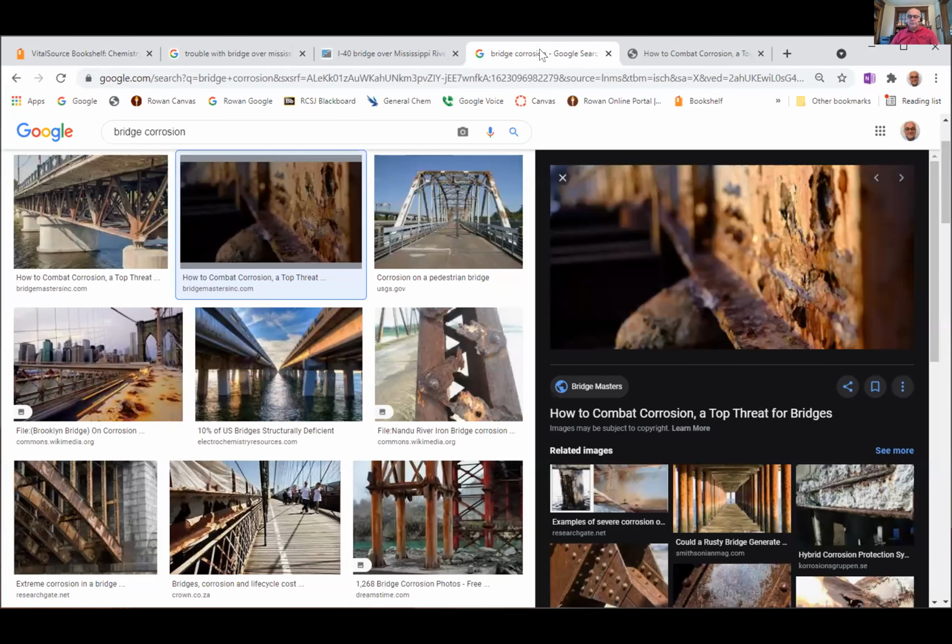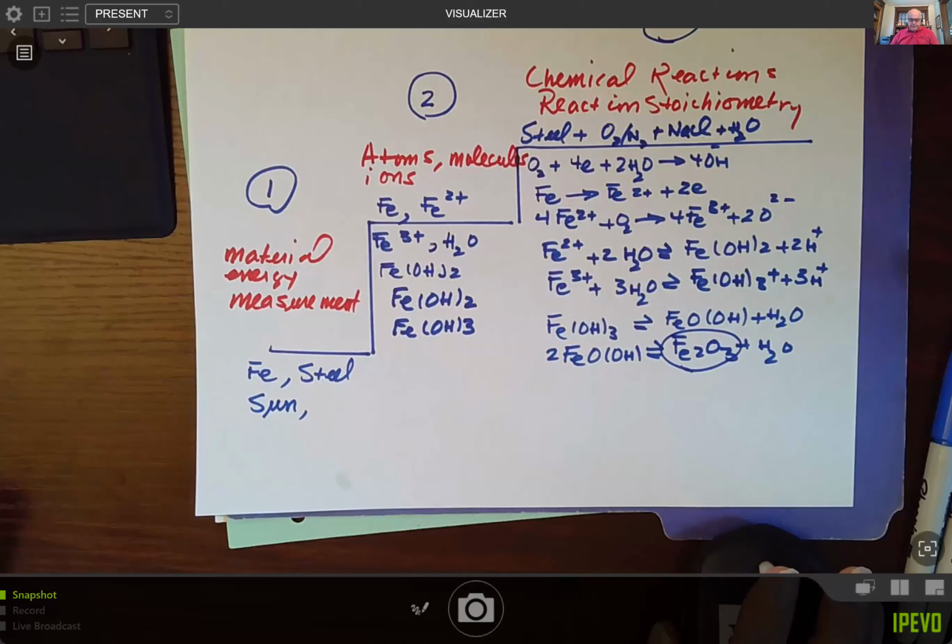So let me see if I can show you a new picture. If you can see this picture here, it shows that the bottom of this bridge, I'm not sure which bridge this is, was corroded. Now, corrosion is a chemical reaction. So to learn more about the chemical reaction, let me switch to a different picture that I have here for us to work on. So if you look at this picture,